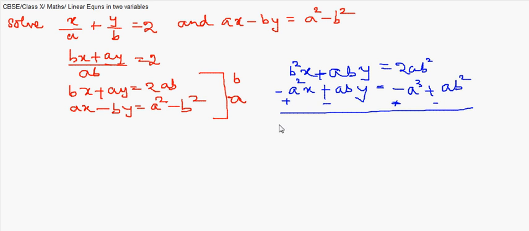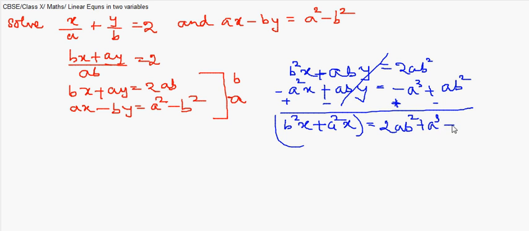This getting b square x plus a square x. This gets cancelled, and that I get as ab square. This is plus a cube, that's minus ab square. Now out of these two, I can take x common. That leaves me with b square plus a square. This is equal to now 2ab square minus ab square gives me only 1ab square